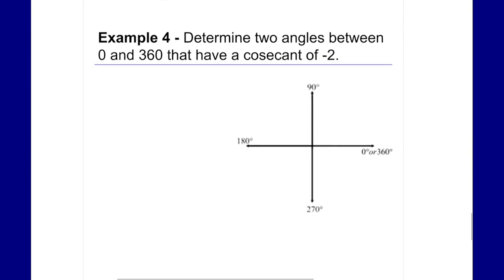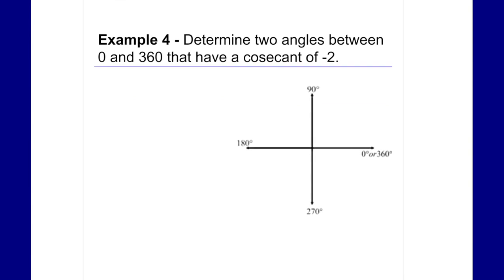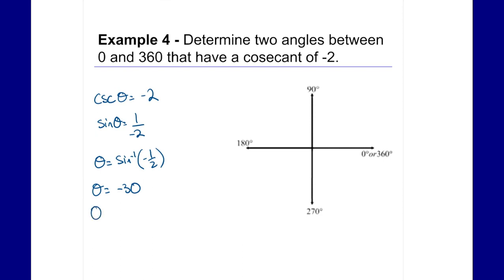So example 4, determine 2 angles between 0 and 360 that have a cosecant of negative 2. Again, this is going to be similar to what we've done before. So cosecant of an angle is equal to negative 2. That means then that sine of an angle is equal to 1 over negative 2. I can go through then and figure out my angle. So theta is going to be sine negative 1, or the inverse, of negative 1 over 2, and I get the angle is equal to negative 30 degrees,